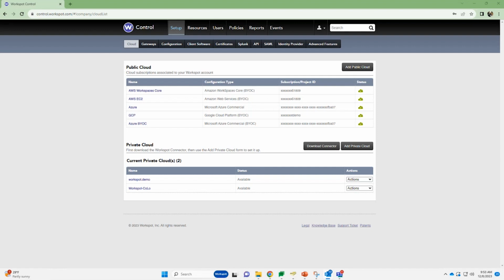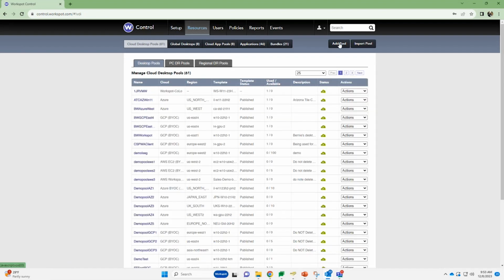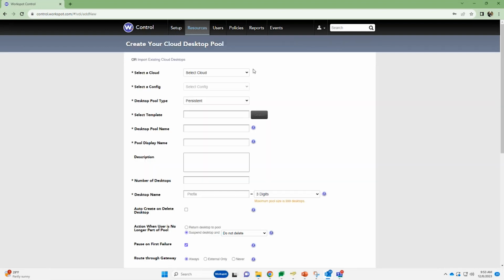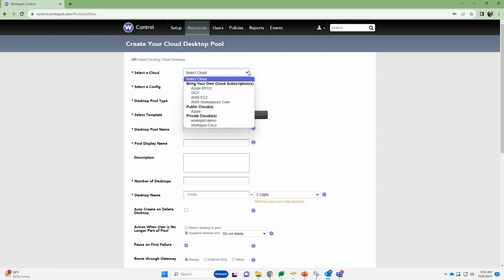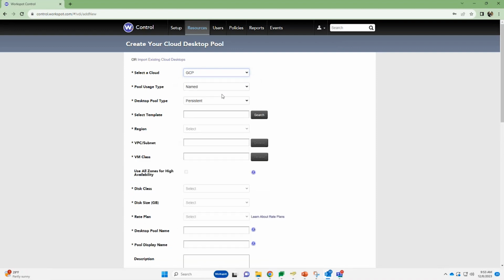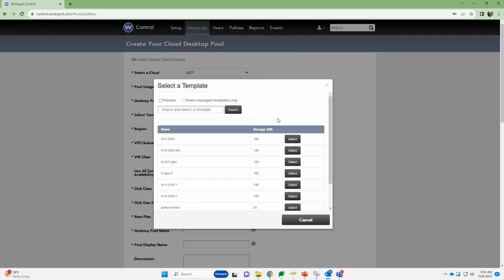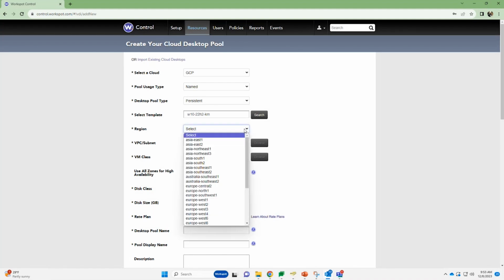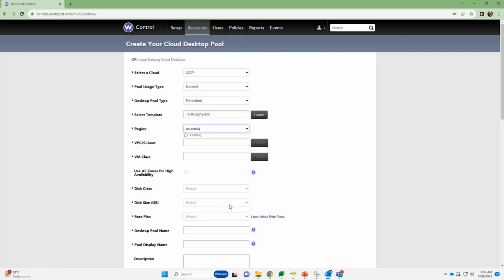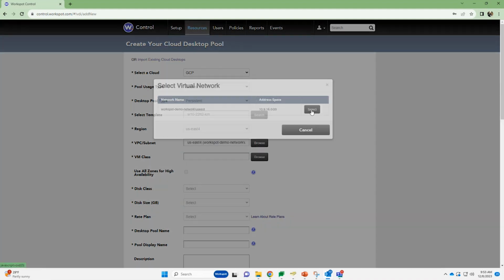Let's dive right in. Let's begin with GCP, our first cloud platform choice. I'll navigate to the Add Pool option. From a comprehensive list of available public and private clouds, I'll select GCP and then specify a pool usage type of named and a desktop pool type of persistent. After choosing a Windows 10 template, I'll specify the region, US East 4, choose the networking configuration, then VM class